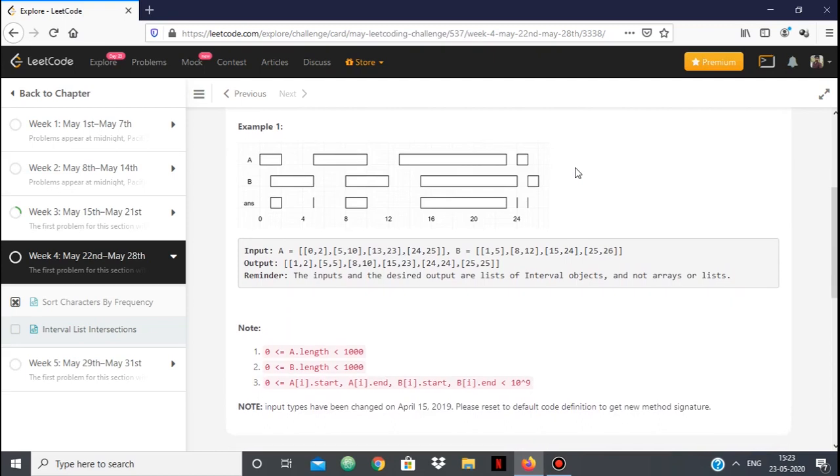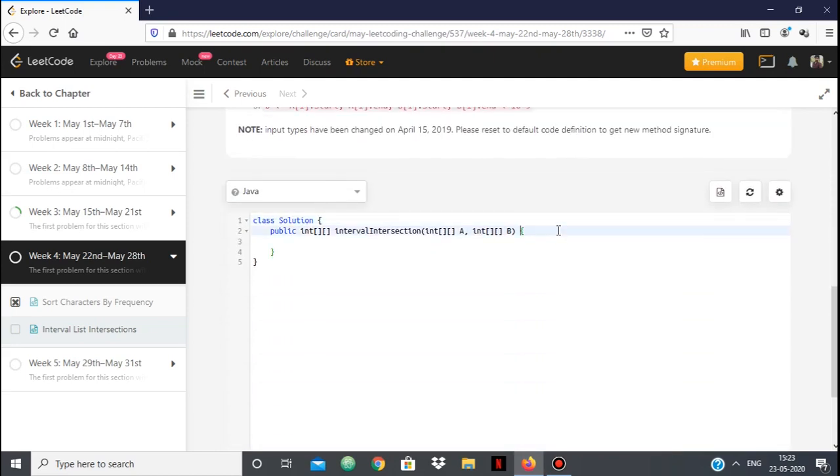So let's forget about the list for now. Let's focus only on one interval. Suppose A has only one interval and B has only one interval. So A comprises only one interval and B comprises only one interval for now. A will be A to B and B will be C to D. Here A, B, C, D are not necessarily distinct.